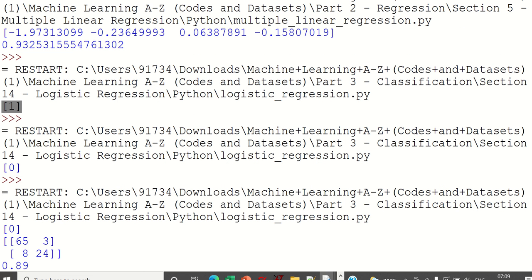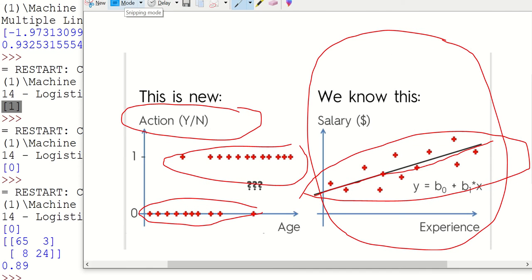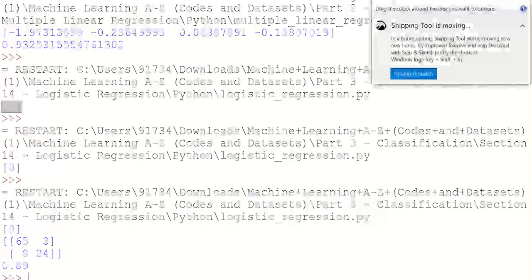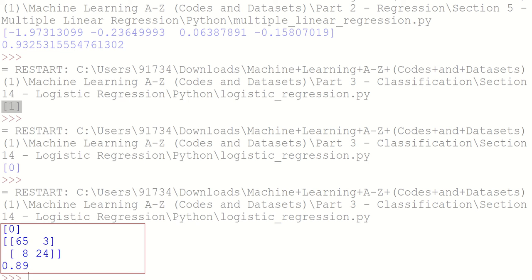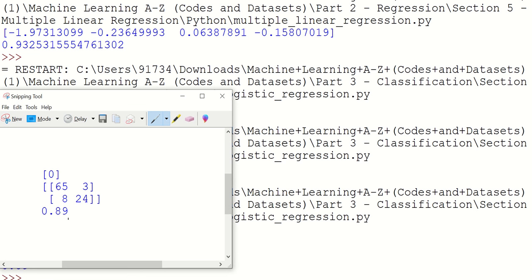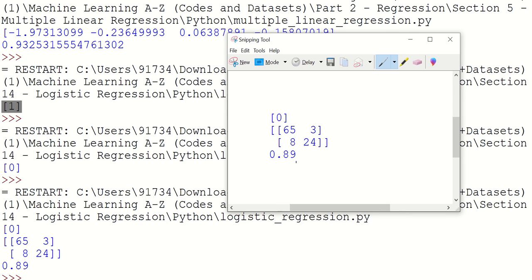This is our confusion matrix. Okay, I will explain that. See, this is our confusion matrix. So in this confusion matrix, it is saying that there are total 68 cases where people have